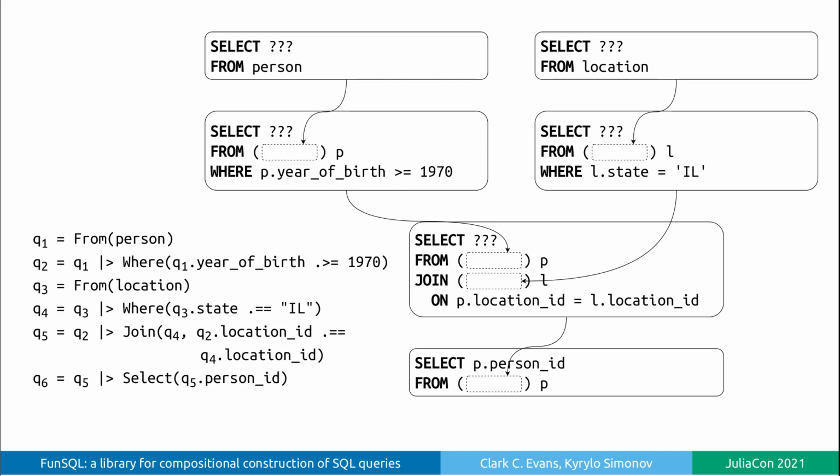This particular FunSQL query is composed out of 6 constructors, which together are converted to 6 nested SQL queries. You should have noticed that these SQL queries are not complete. The select lists are missing.